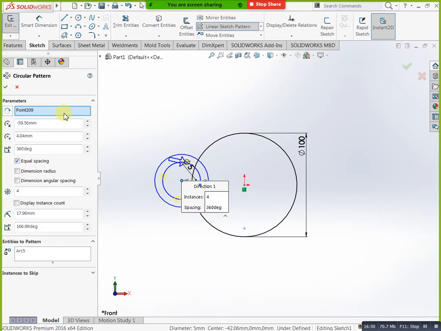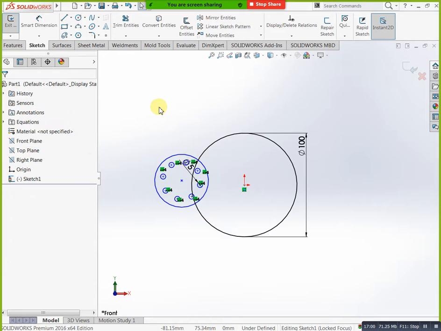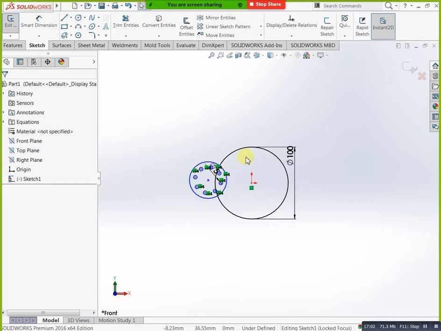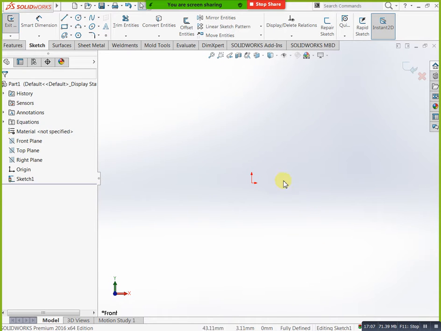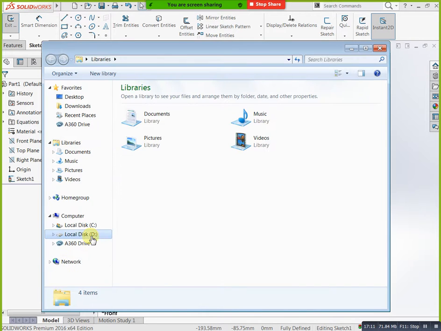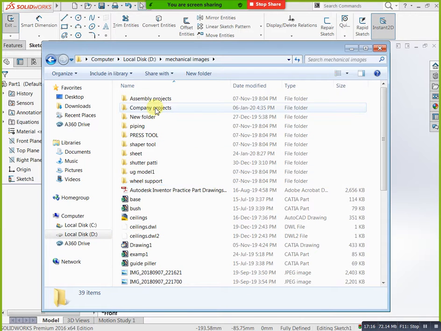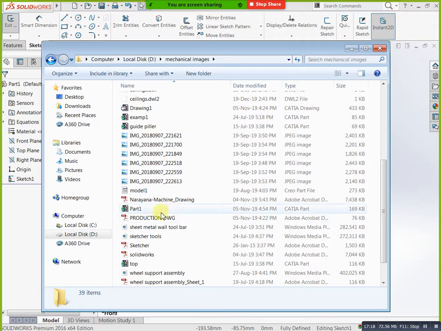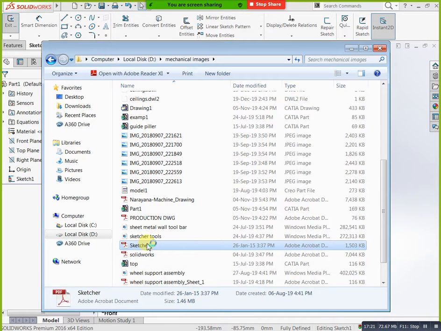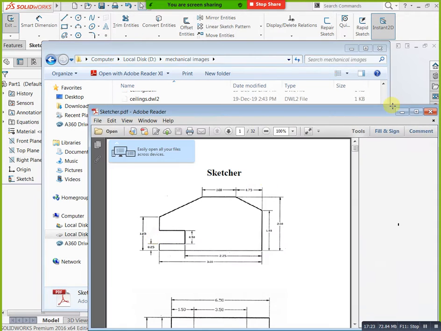Next we can try one sketch here, basic sketch. For example, here we have some sketches. I need to create this sketch. How can we create this sketch? First we can try now. Here we have 3 means you will take as 30, 22.5, 15, 20 like that you will take. It is easy for you.